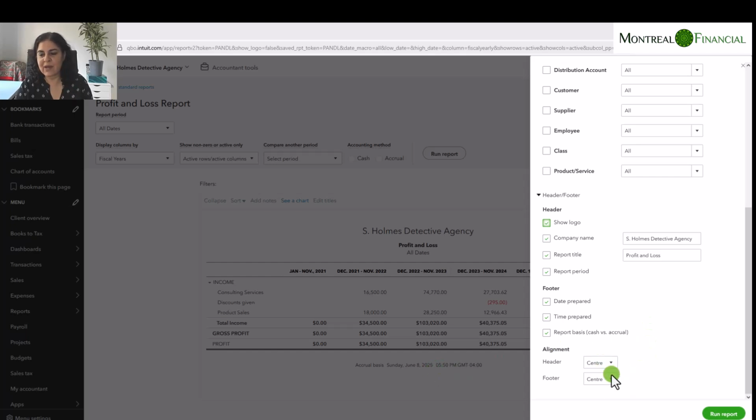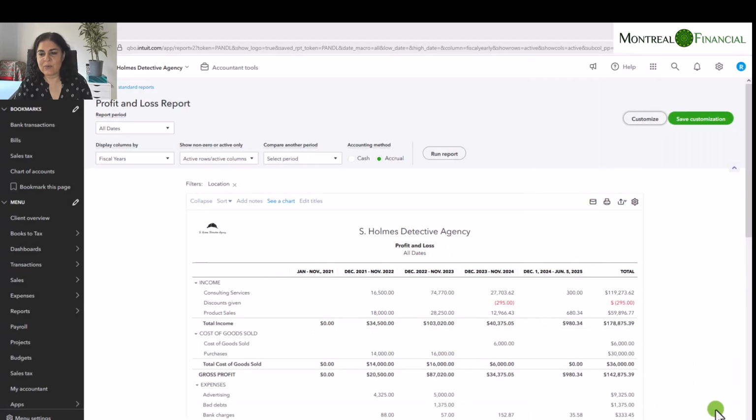And then you also have the alignment. So if we run report, you'll see that the logo appears because that was the only change that we made. Okay, so now the next thing that you can do to save a ton of time is to save your